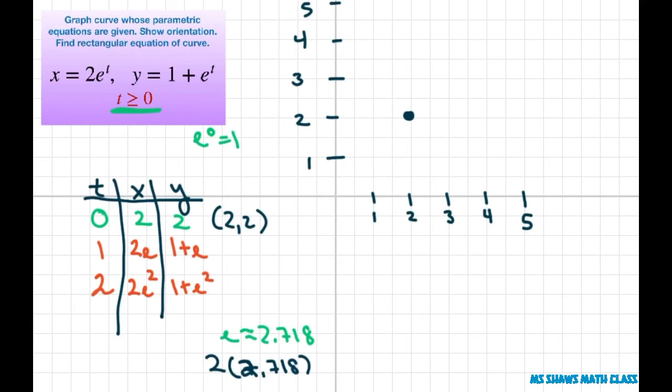So at 5, let's just say it's close to 5. So at 5, we're going up to close to 4. So we'll just get a general idea of this curve, and then graph it accordingly. Again, you can use a calculator on it. The orientation is this way. You're drawing the arrow. We're starting from this point and going